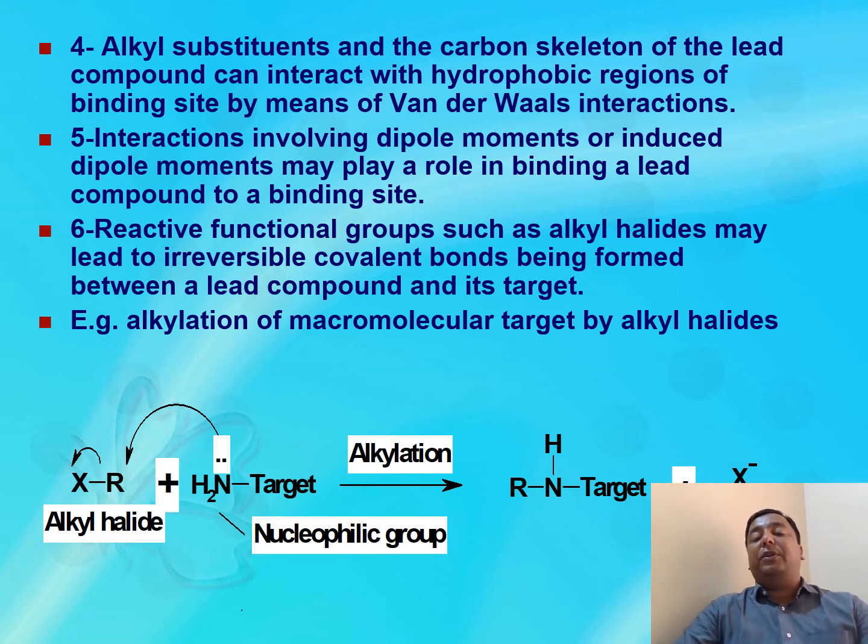reactive functional groups such as alkyl halides, which may lead to irreversible covalent bonds being formed between the lead compounds and their targets. So here you can say alkylation of the macromolecule: alkyl halides are there, nucleophile electron-rich atoms are there, right? And due to this alkylation, it binds to the target site, and the halides go out. So if we understand these types of interactions, we can definitely optimize the drug activities which we have identified